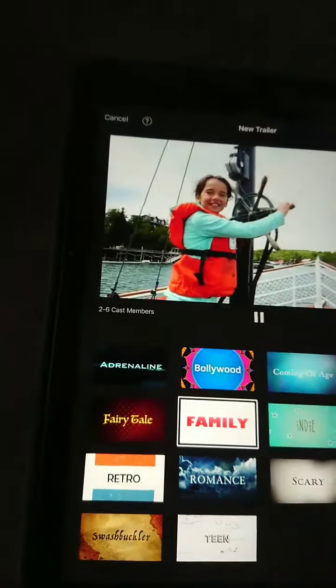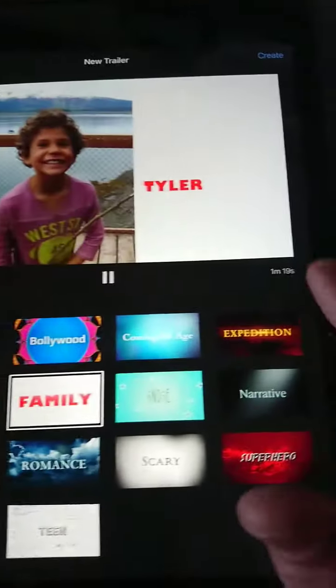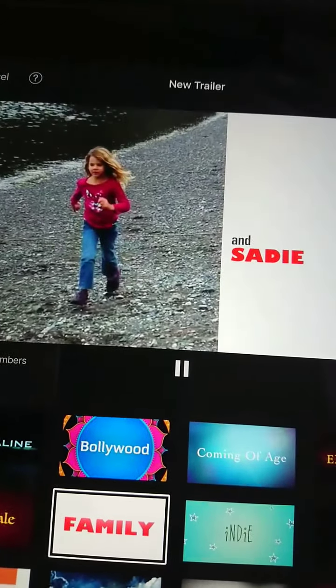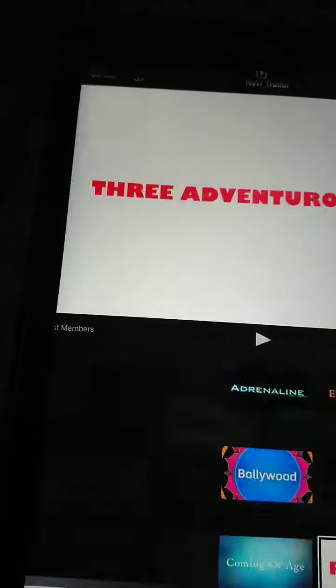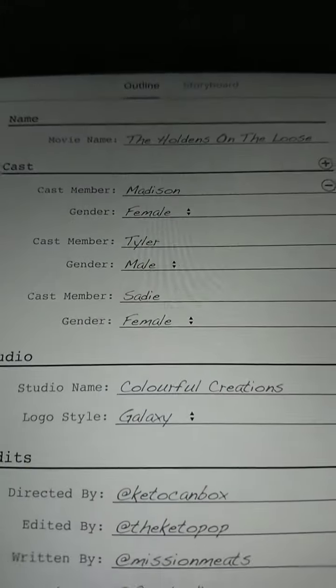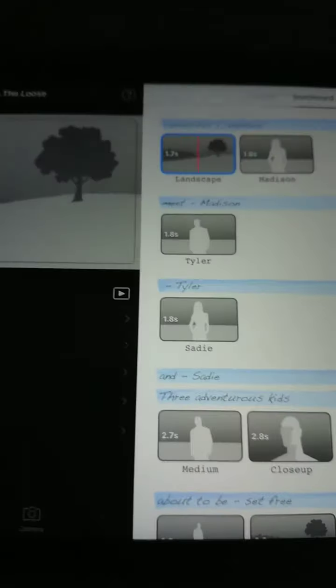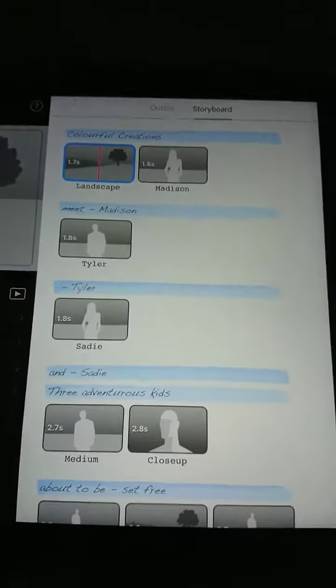Now, we're not going to cover too much of this because we're not doing this, but this shows you how many cast members are in it, and it shows you how long your video is. If you decide you want to use this video, you click create. It will take you to your storyboard, and you enter your outline, all of your people, all of the information. Click on storyboard, add all of your pictures to create a movie. But today we're just doing a quick edit,